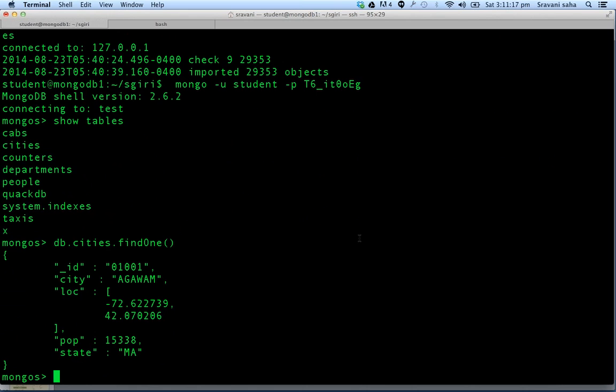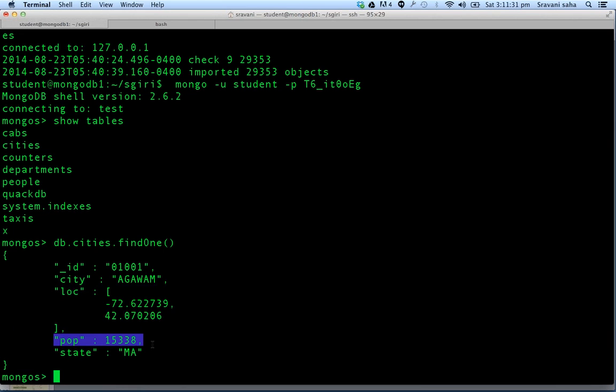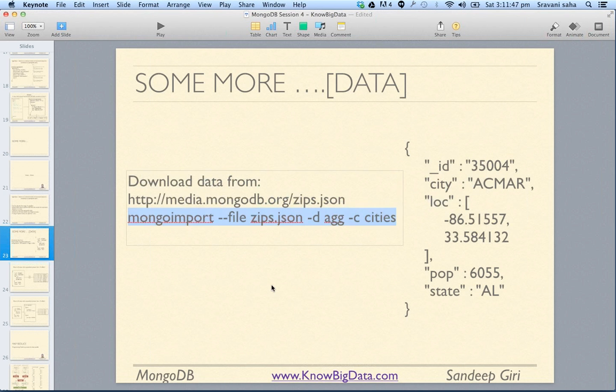db.cities.find one. So in this, you can see there is an ID, there is a city name, then there is a location in this coordinate system, and then there is a population, and then the name of the state. So these are all the cities of United States. And on this, we are going to do some more lookups. All right, let's do some more lookups. This is the format of,